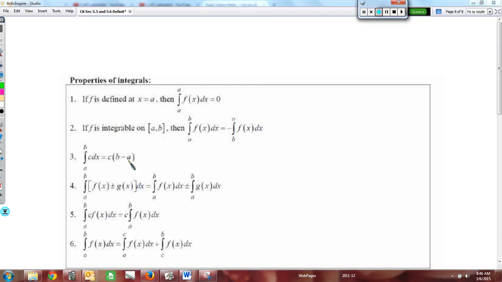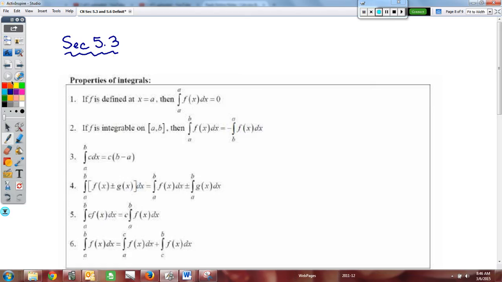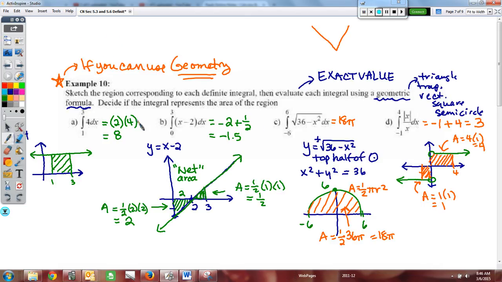All right, so now what we're going to do is take a look at building some properties of integrals that we're going to use to actually evaluate integrals. Again, we're building toward these shortcuts that we want to be able to use in order to calculate these. And up to this point so far, what we've seen is that if we do have definite integrals to calculate,